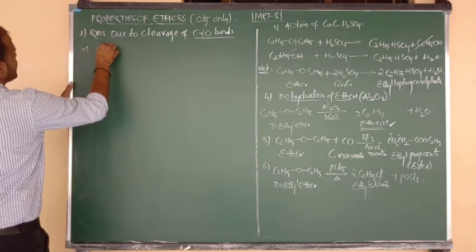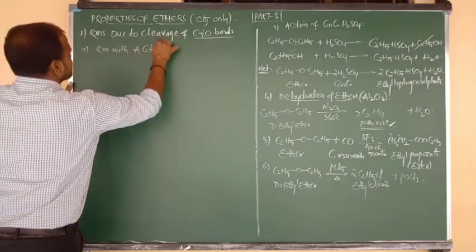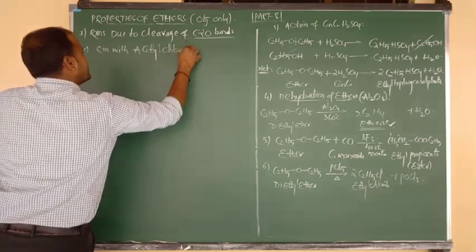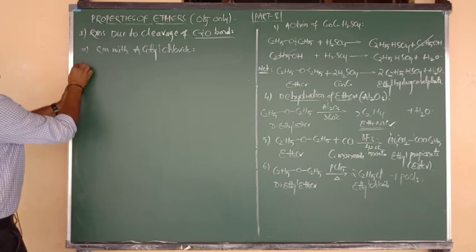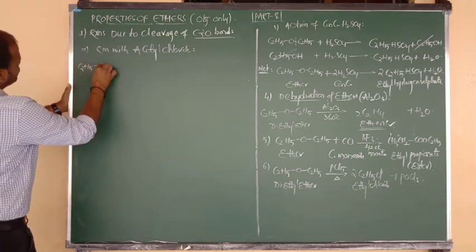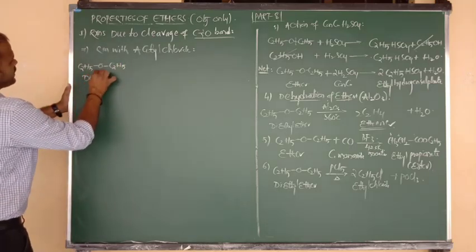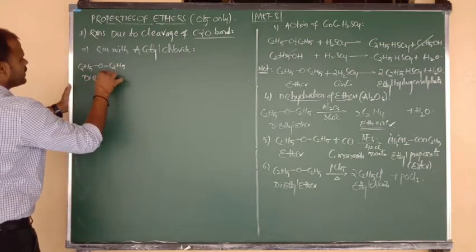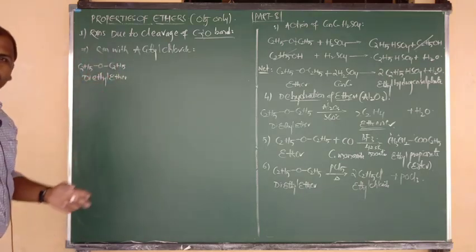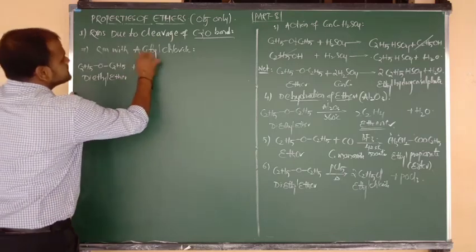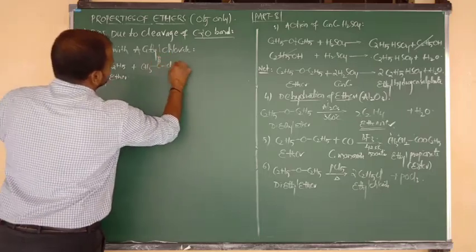Same thing. Now here I want to say that reaction with acetyl chloride. How do ethers show reaction with acyl chloride, also called acetyl chloride. Best example for ether, C2H5 bonded to O, again O bonded to C2H5, nothing but diethyl ether. Such a diethyl ether upon reaction with acetyl chloride, nothing but CH3 bonded to C double bond O bonded to Cl.